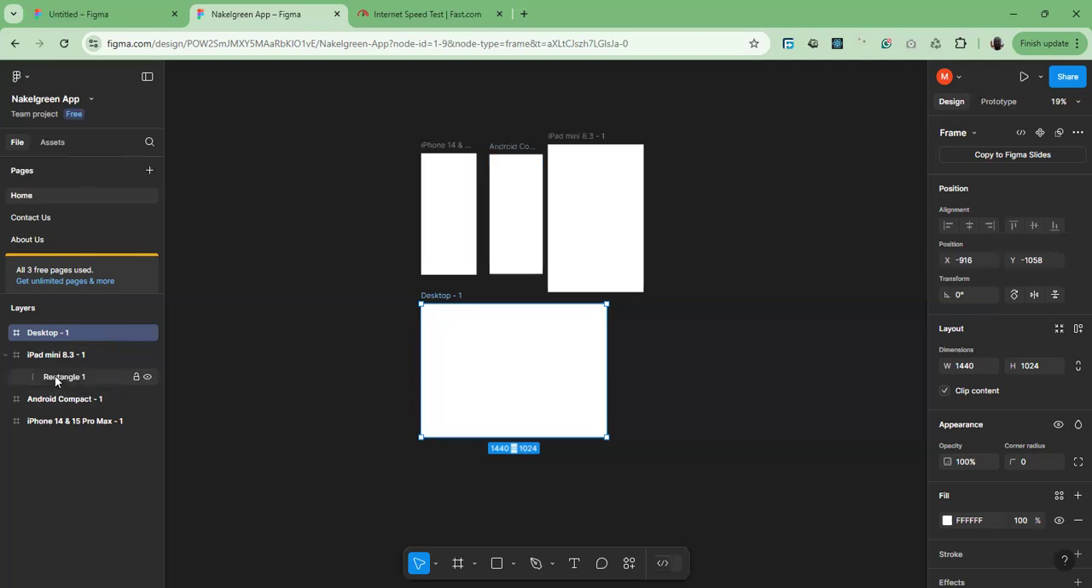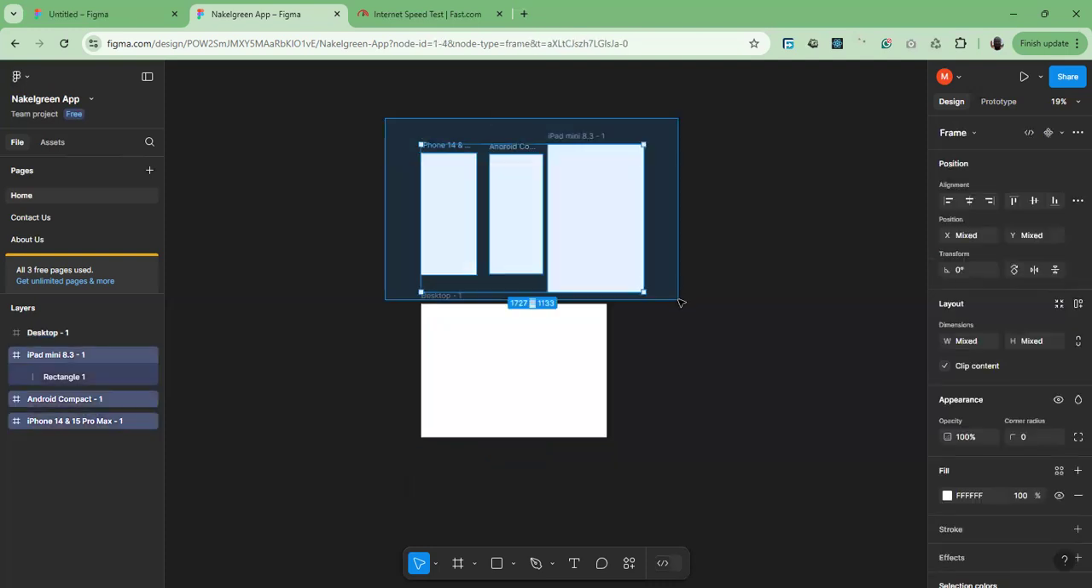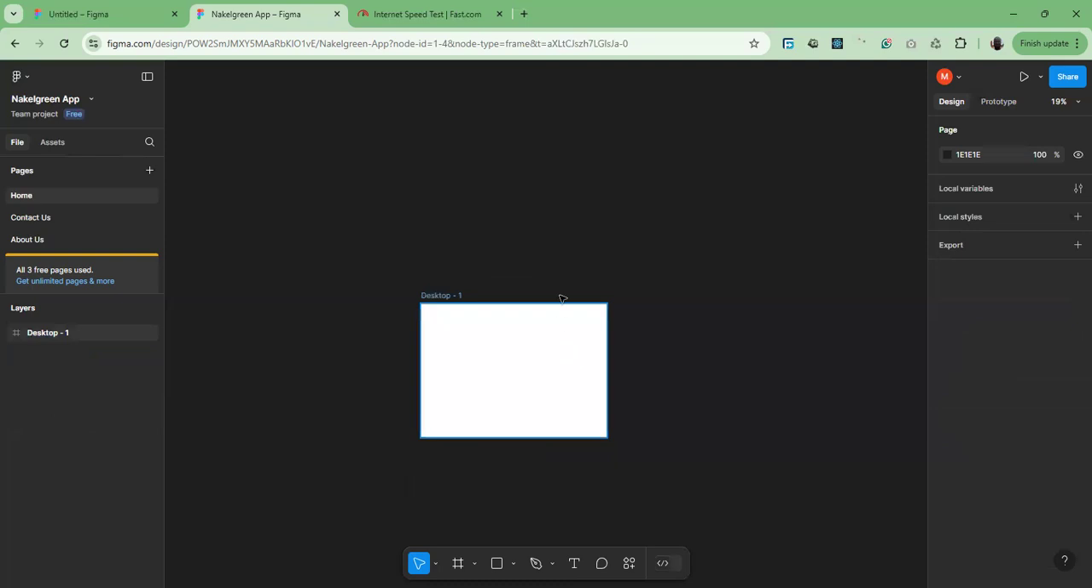I don't know where this comes in, but I can easily understand where it comes in. So here we've got Android, Android compact, iPhone 14. It depends on what we want to design right now. If you are trying to design the desktop, I can just come here and delete all this for now, delete this, create this,